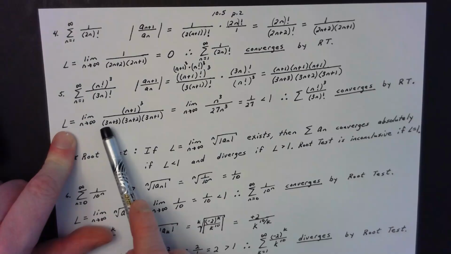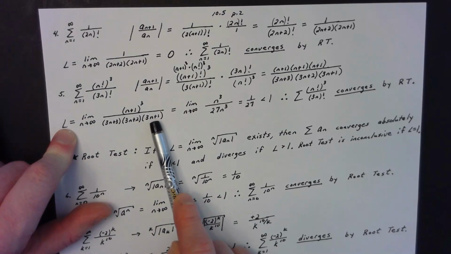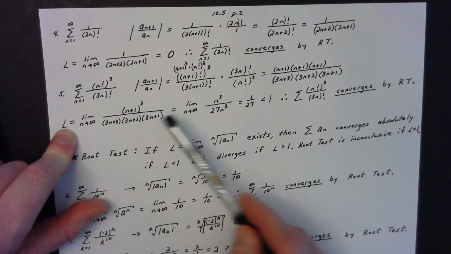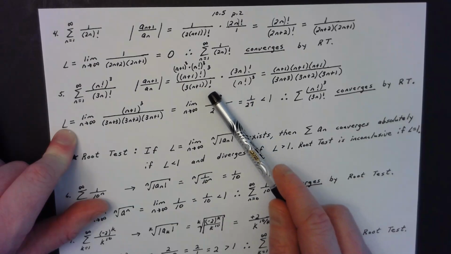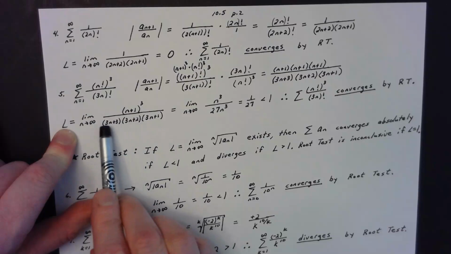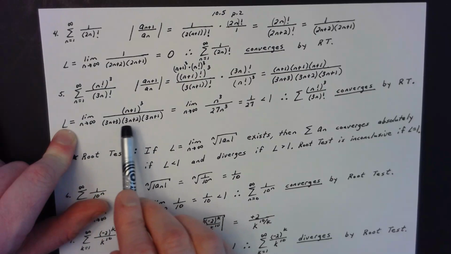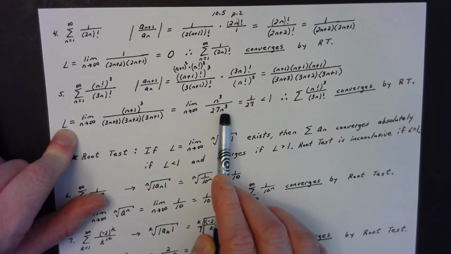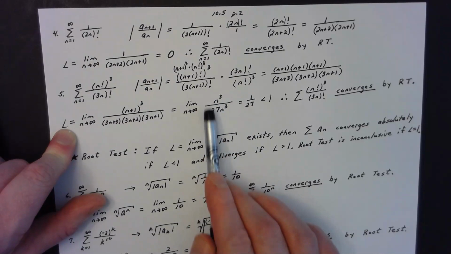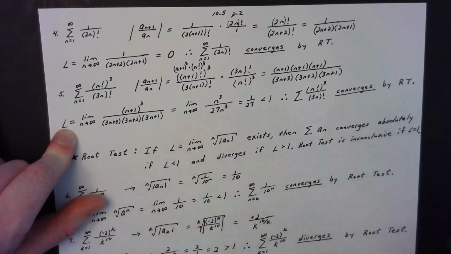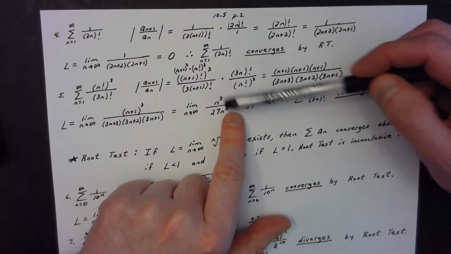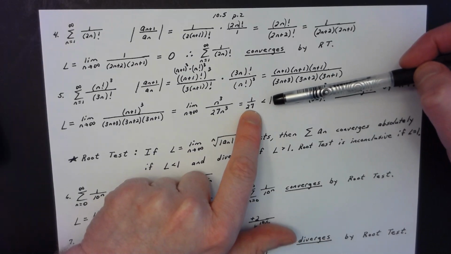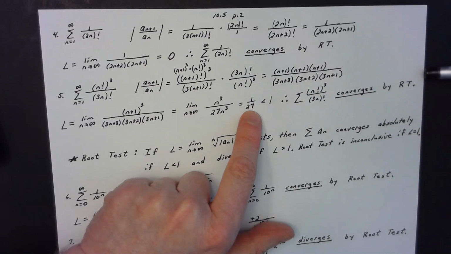So down here, when I took the limiting value L, the limit as n approaches infinity of n plus 1 cubed over the 3 factors in my denominator, I can quickly see that the degree of n in the numerator and denominator is going to be the same. It's going to be n cubed. But the coefficient on n in the numerator is just a 1, whereas in the denominator you're going to have 3n times 3n times 3n for a 27n cubed. So now the limiting value of this is just going to be 1/27th, because you're just taking the fraction of the leading coefficients, since the degree of the numerator and denominator is the same. Anytime that limiting value is less than 1, there's evidence to show that that series converges by the ratio test.